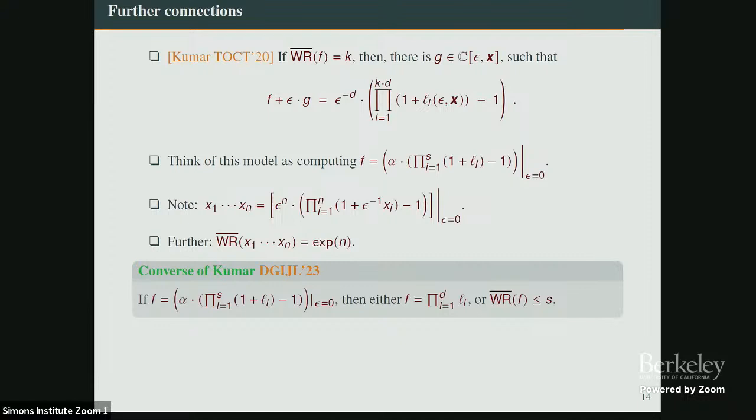So previously, last year or 2 years back, with Nitin and Pratik, we showed a much more general result, but we only showed that these are a small ABP, whereas this is a much stronger result for this specific model. We can also generalize this: instead of Li, we can look at 2 cross 2 or 3 cross 3 matrices. So think of one as identity, Li; instead of Li, you have 2 cross 2 or 3 cross 3 matrices of linear polynomials,